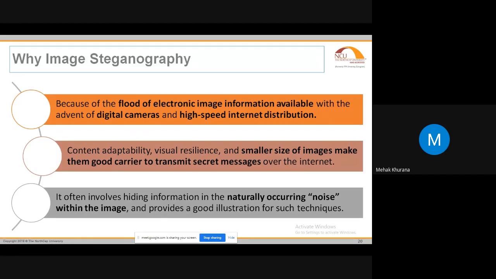Because whenever I have to transfer an image from one source to a destination, noise will get added to that image. There will be noise and redundant bits, like Preeti ma'am told yesterday, that there is redundancy in the image. The bits are being repeated, and the intensity in some portions of the image is similar. So we can misuse these things in the image, and we can hide the data inside this noise, these edges, the intensity, and the form of the image.